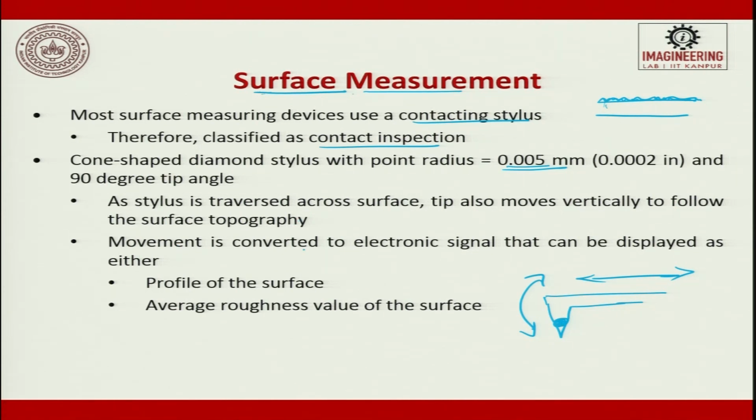The movement is converted when you try to drag, when this up and down movement is there, this movement in turn will be converted into an electrical signal. You use a Wheatstone bridge principle, and then this up and down movement is converted into an electronic signal that can be displayed either as a profile of a surface, or it tries to calculate the average surface